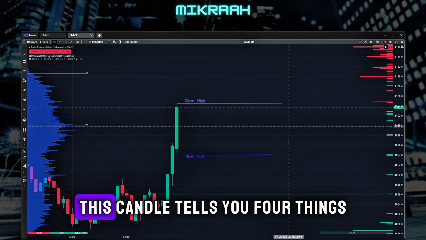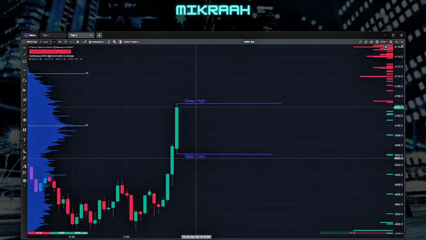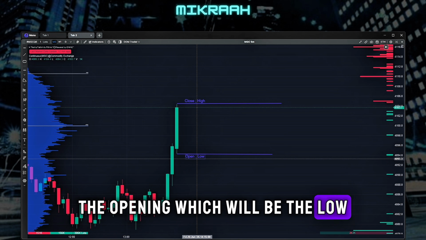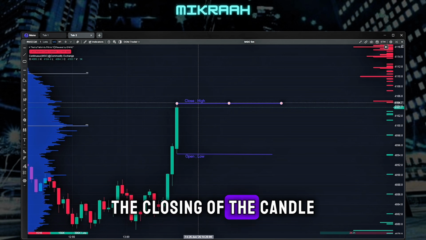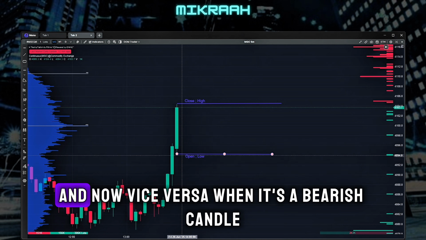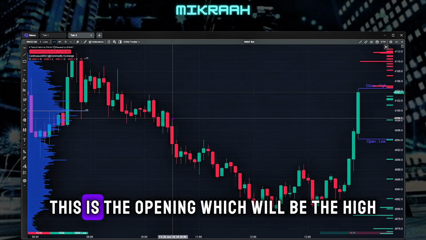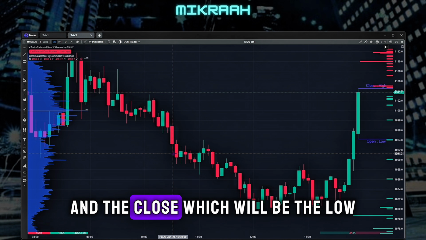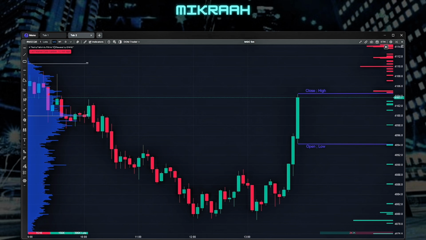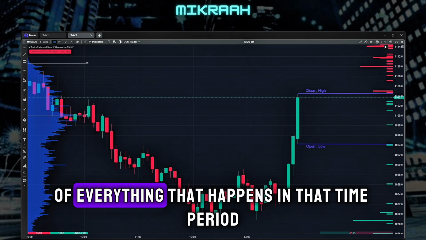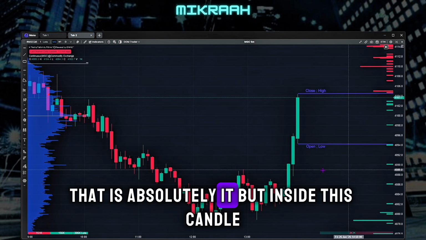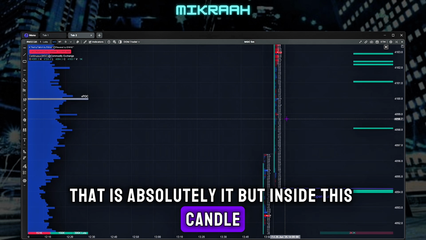Now, this candle tells you four things: the opening, which will be the low, the closing of the candle, which will be the high, and now vice versa. When it's a bearish candle, this is the opening, which will be the high, and the close, which will be the low. That is the summary of everything that happens in that time period. That is absolutely it. But inside this candle,